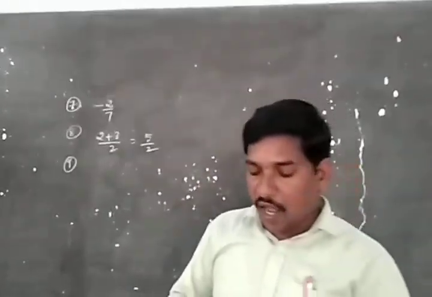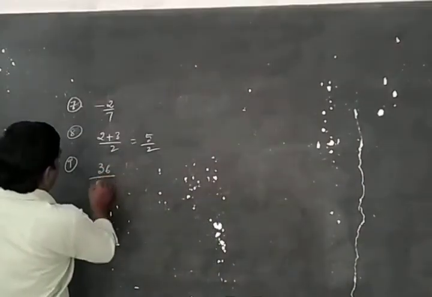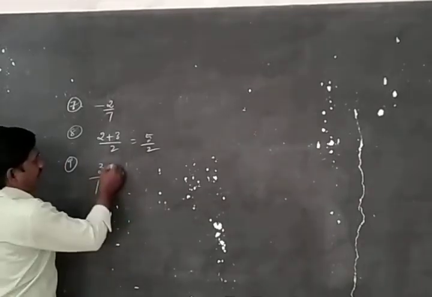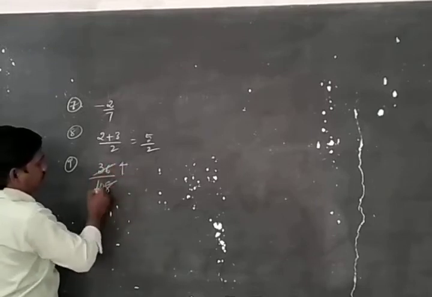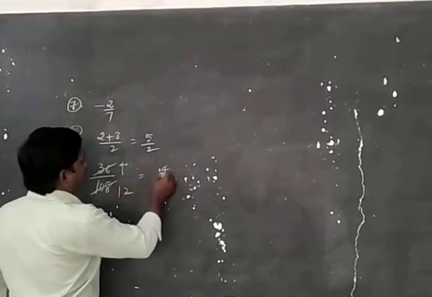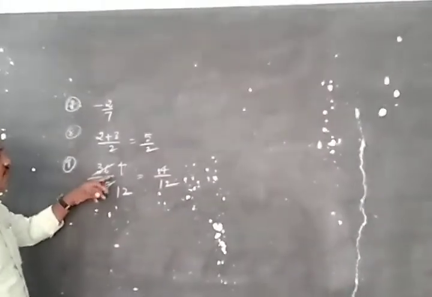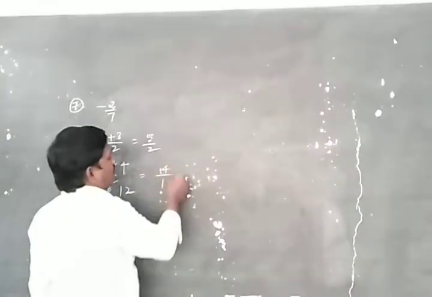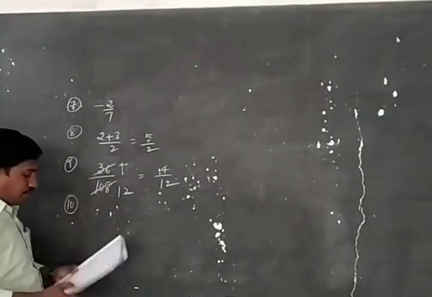Equivalent rational number of 36 by 108. 36 by 108. So in the 4 table, 9 table, 4 times, here 12 times. 4 by 12, it is given. Okay, 4 by 12. Which table can we see here? The 9th table, 4 times, here 12 times. 4 by 12, we can simplify to 1 by 3 also. We can write 1 by 3 also. Next, the 10th one.